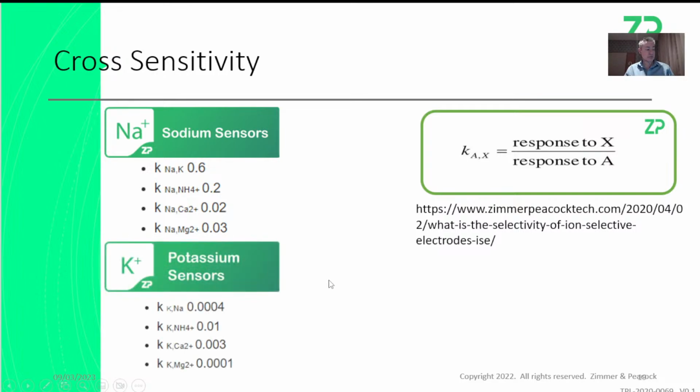The potassium sensor is actually more selective, and these numbers for sodium, ammonium, calcium, and magnesium are generally much smaller. That's useful because, as I said earlier, in the body at least, sodium is about 135 millimolar, and potassium can sometimes be 5 millimolar, but that's quite high actually. So it's important to have better sensitivity towards potassium, especially against a background of sodium, because in a lot of human applications where ZP does a lot of work, the sodium levels are naturally much higher. So that's the data that we have on cross